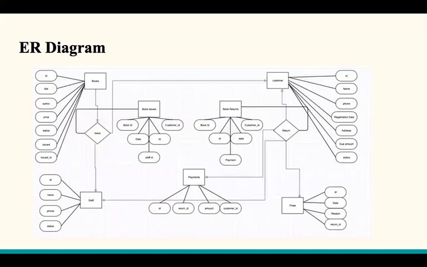I would like to brief the ER diagram, which is about the working of the library management system. Here in the ER diagram, you can see entities such as books, staff, book issues, book returns, customer, payments, and fines. These entities have ID as the primary key, and for each entity we have different attributes. The books are issued either to a staff or a customer. When a book is issued, the details are stored in the book issues entity, and the details of who lent the book are stored either in the staff or customer entity, based on who lent the book.